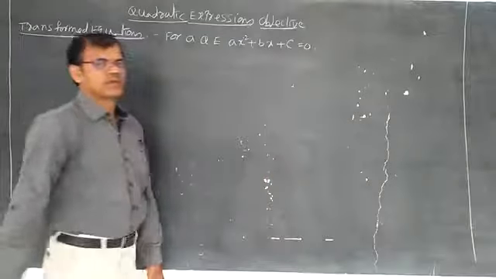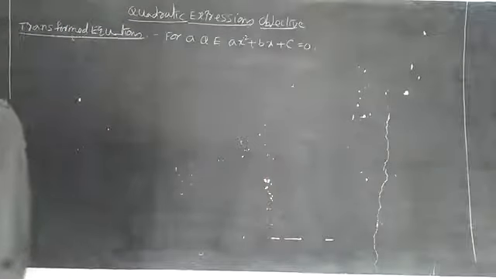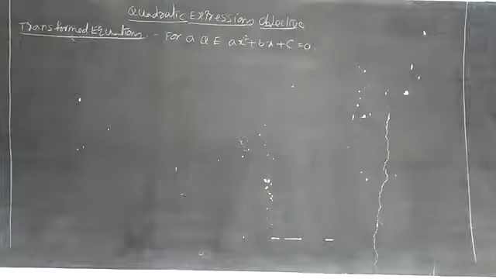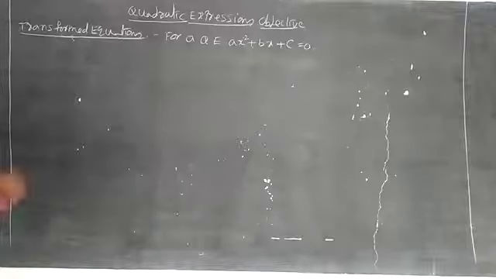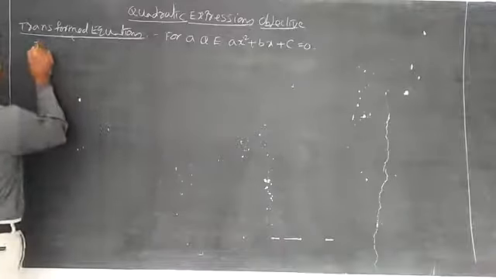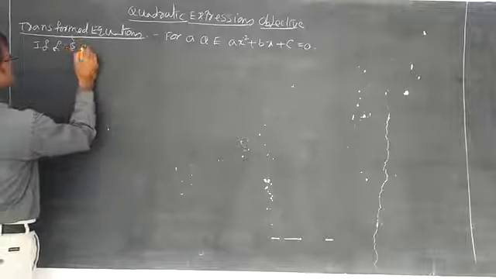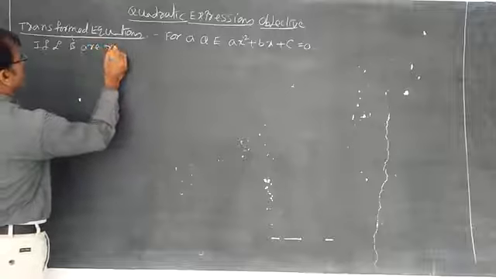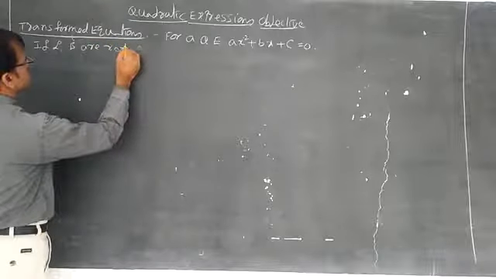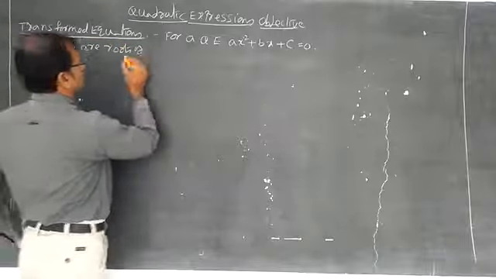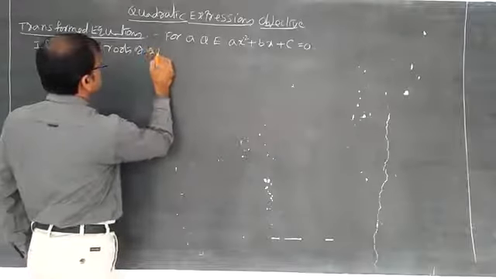Ax square plus bx plus c equal to 0 is the quadratic equation. If alpha, beta are roots of this QE, then